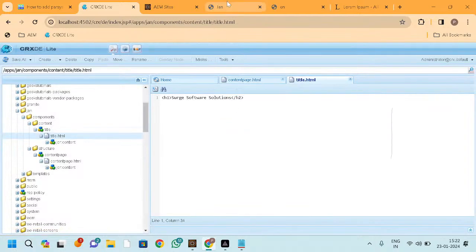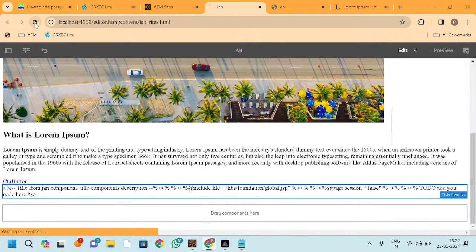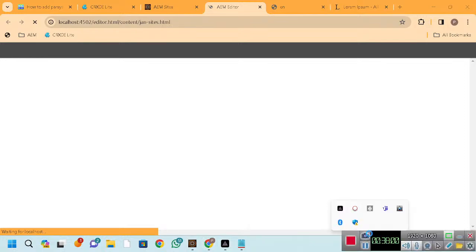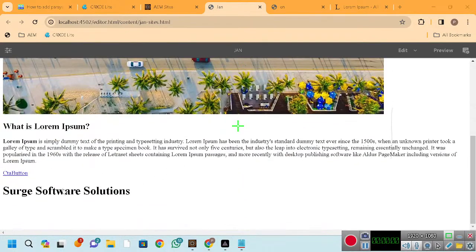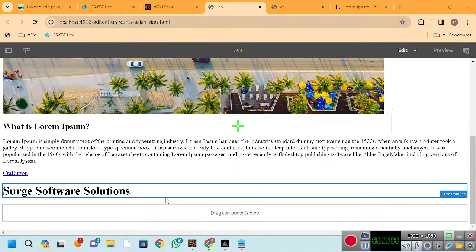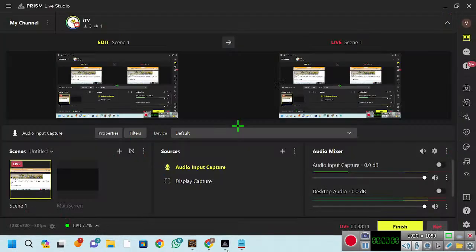That's it. Save the changes. Come inside this January page and refresh it. Now you will see the search software solutions only. Yeah, here you see, you got this search software solution. That's all about the